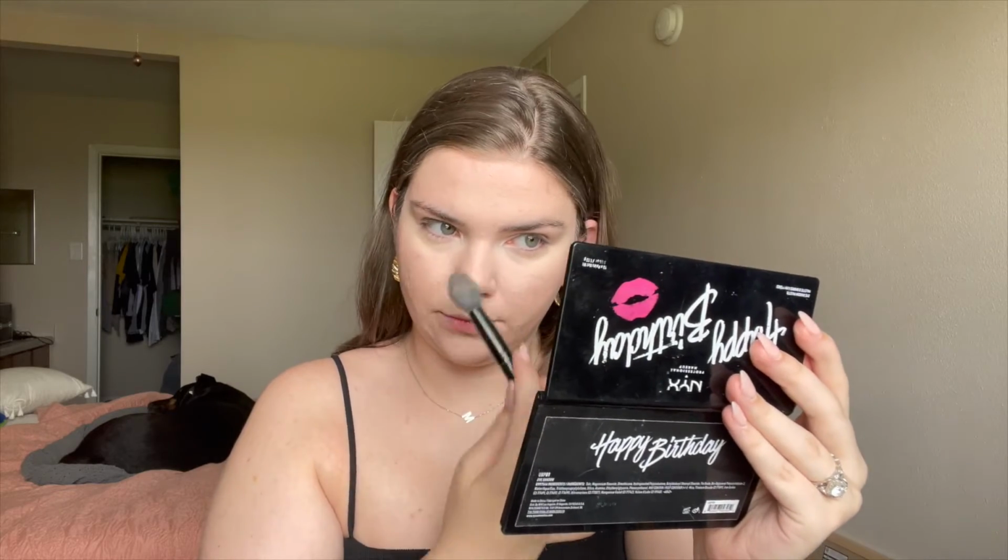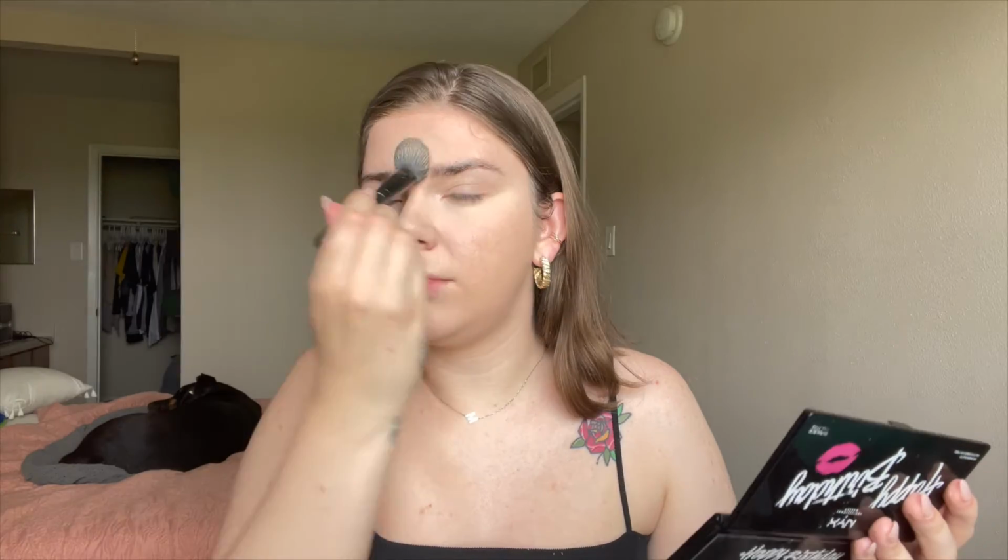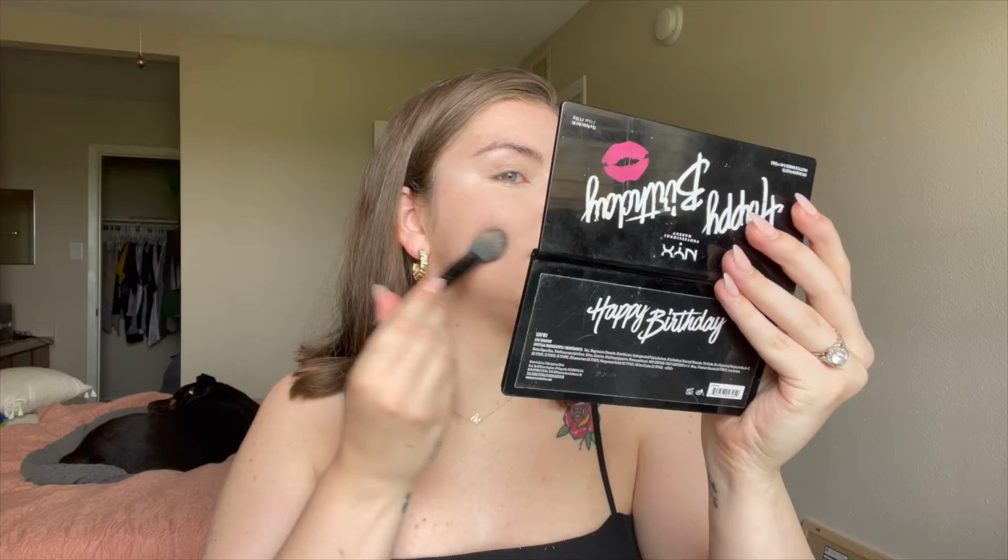So like my skin will definitely get some shine throughout the day, so I'm not necessarily scared of putting a lot of powder on because I know I get oily throughout the day. So if you are someone that's got normal skin or dry skin, obviously do not load up on the powder because it's just going to dry your skin out and it's going to look horrible. I do recommend though putting some light dusting of powder just so that your foundation and concealer doesn't move throughout the day, and again so that whenever you are